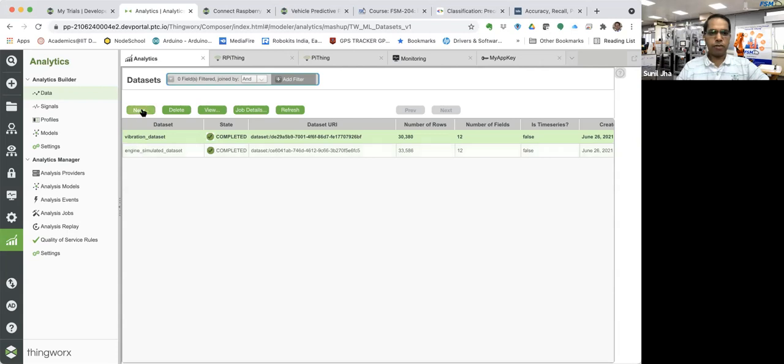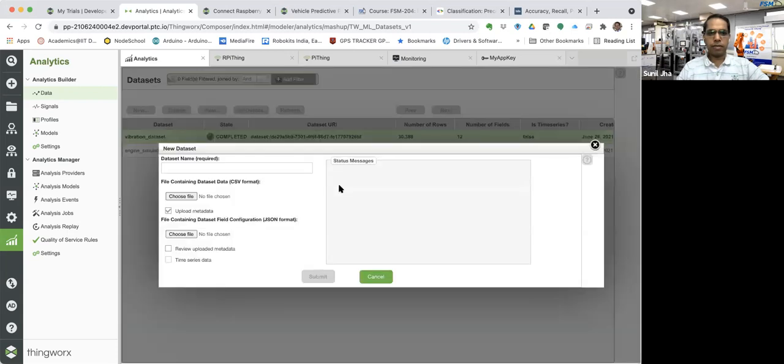So you go to New and give the name test engine data. Now here you will get these options, file containing the data set. It will ask you to choose a CSV data file and a JSON, that is the metadata here. That is how these two files are given to you.